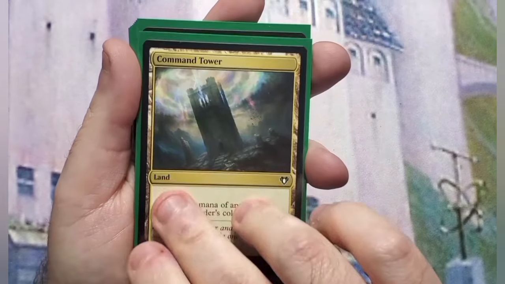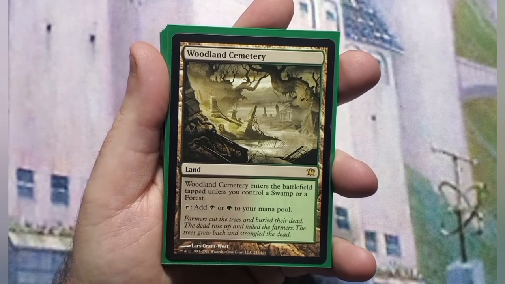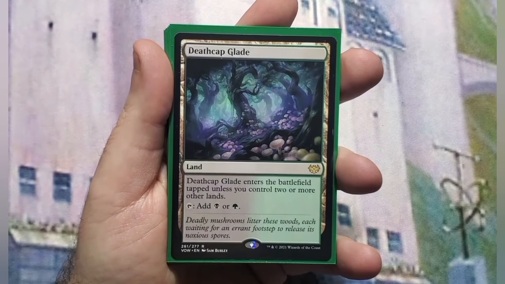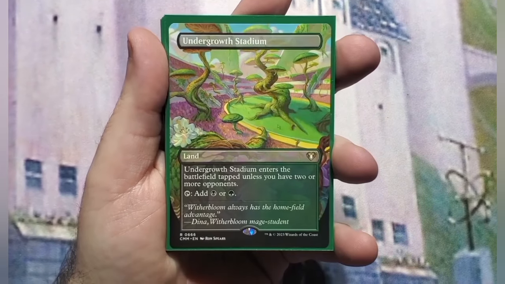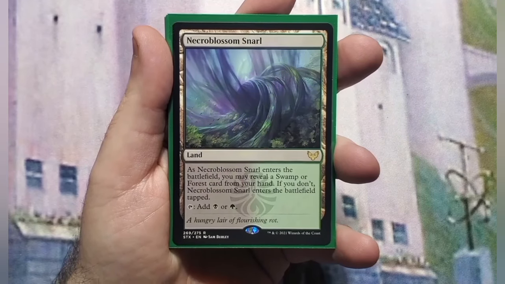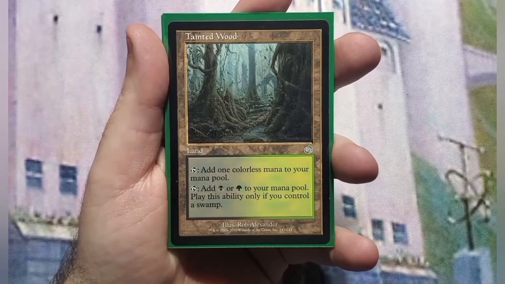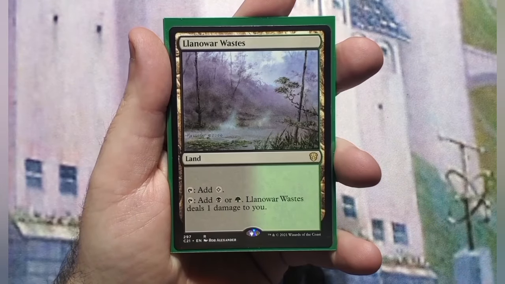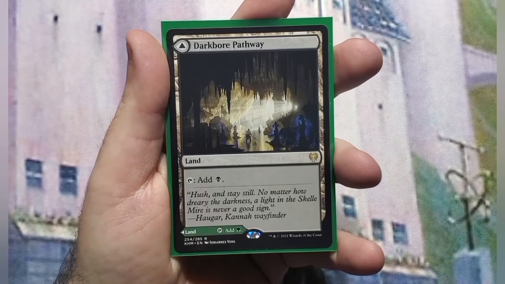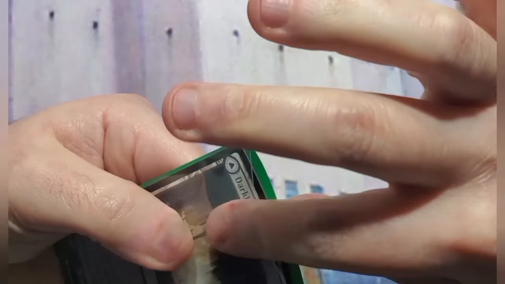Command Tower, Overgrown Tomb, Woodland Cemetery, Deathcap Glade, Undergrowth Stadium, Necroblossom Snarl, Tainted Wood, Llanowar Wastes, and Dark Boar Pathway, which, when you take it out, it's a dual modal card that on the